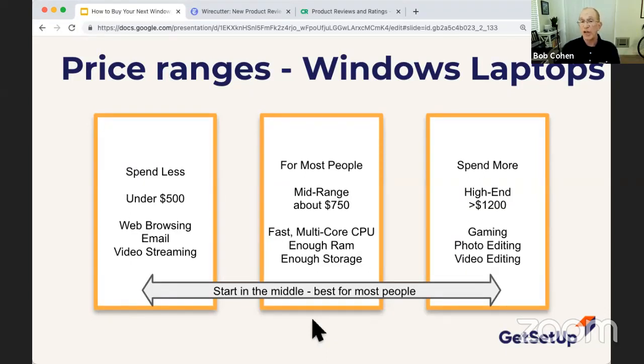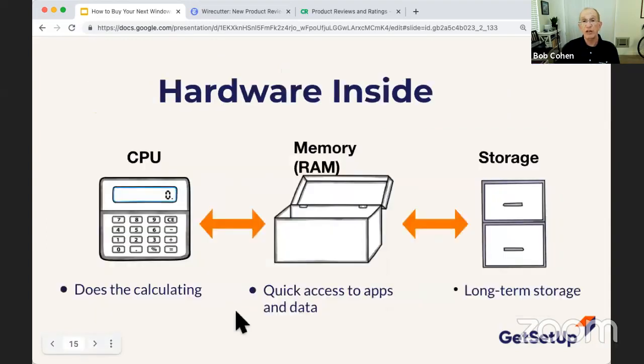Okay, so price ranges. Typically, the low end range is under 500. The mid range is about 750, and the high end is going to be about 1200, whether it's a laptop or a desktop. So we've got these ranges. Now, what do you get in each of these ranges? You get hardware with a CPU, you get memory called RAM, and you get long-term storage.